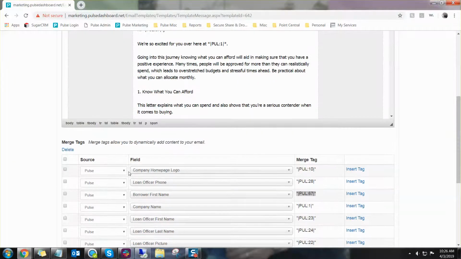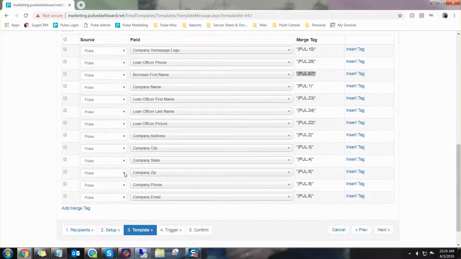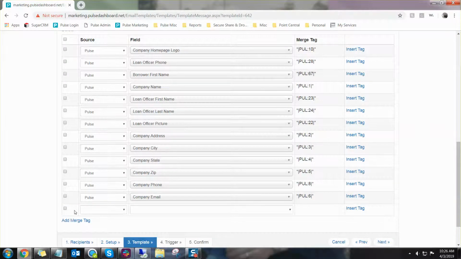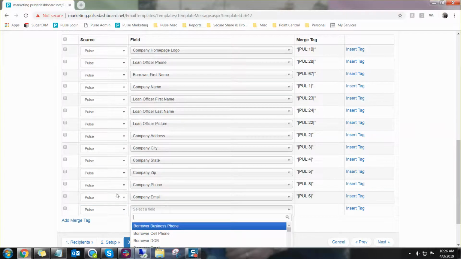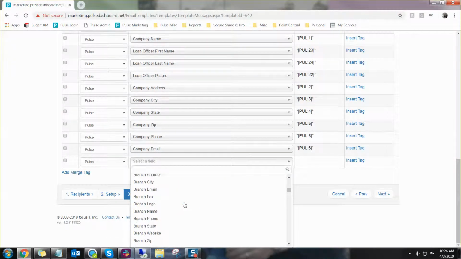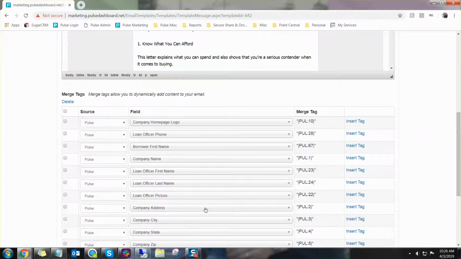I can also add additional codes if I need to. Very similarly, we just add a merge tag here at the bottom. We're going to choose whether we're using point for that field, or pulse, or external if we are using our external list to bring in some names, and we want to put those people's first name in the hello or dear line and address them by name. But we would choose our source, and then we can choose just by typing or by scroll what field we'd like to actually insert. And we already have several of them in most of the templates, so